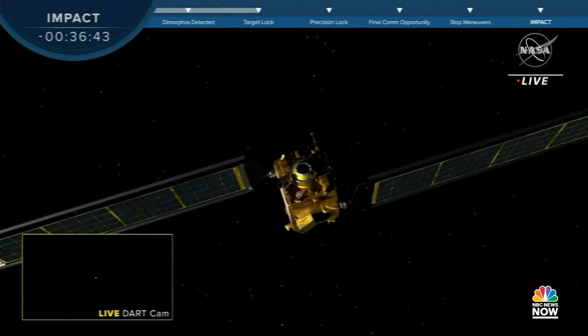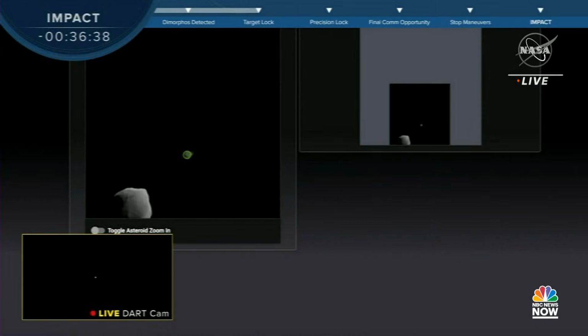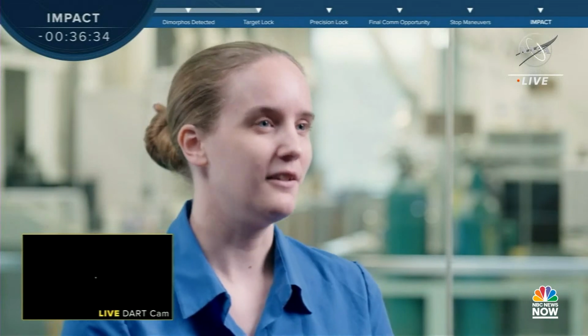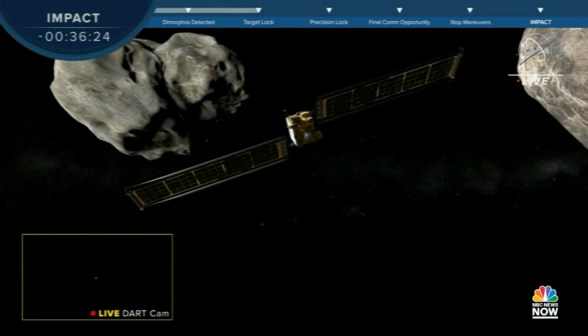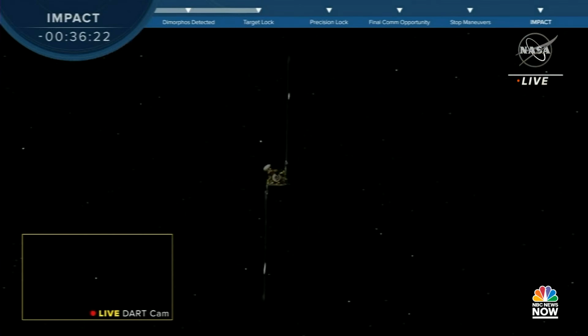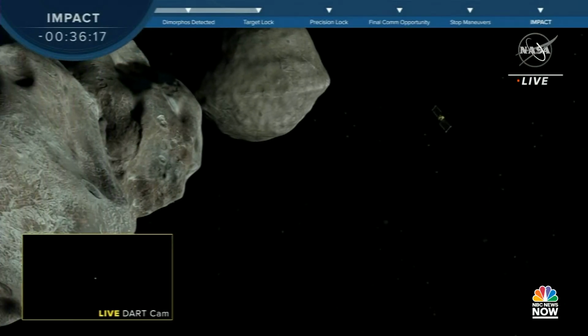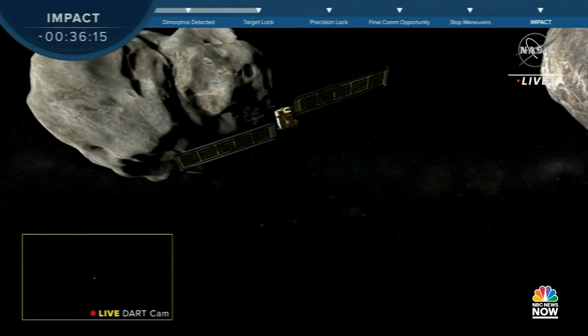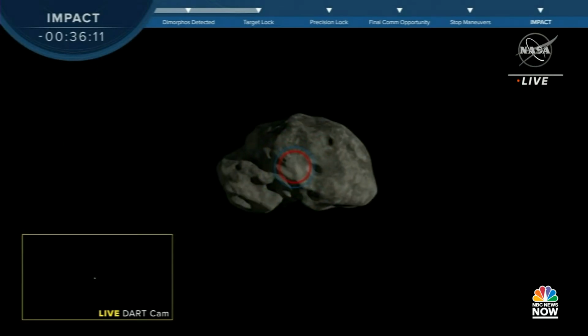The spacecraft is controlling itself. SmartNav is guiding the spacecraft. And we have very limited ability to respond in that time. So it has to do it all by itself. And at about 2.5 minutes out, we cease all maneuvering and we coast until we hit the asteroid. It is going very, very fast towards the asteroid, traveling at 6 kilometers per second. 200 times faster than a car on the freeway. So when we hit,